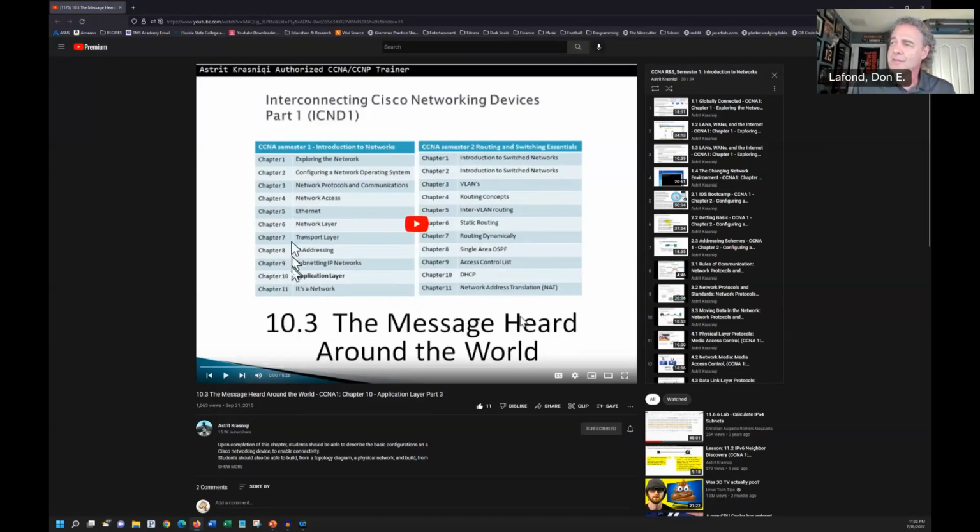Well, this is CCNA v5. Networking hasn't changed. Just the way we teach it has changed. And in the way we taught it back in CCNA v5,